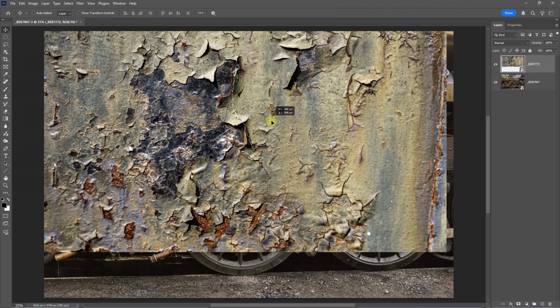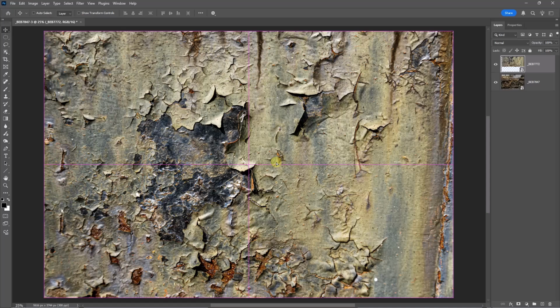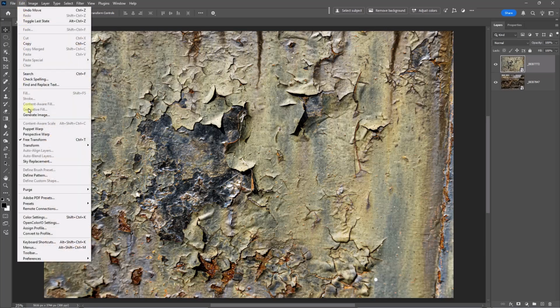And I need to position this squarely on the picture. But you'll notice I mentioned before that I didn't like that little line down the right hand side. So what I may do here is just drag that out a little bit and cover the entire screen. To do that, I'm going to go to my edit menu at the top left. I'm going to go down to Free Transform, Control T,